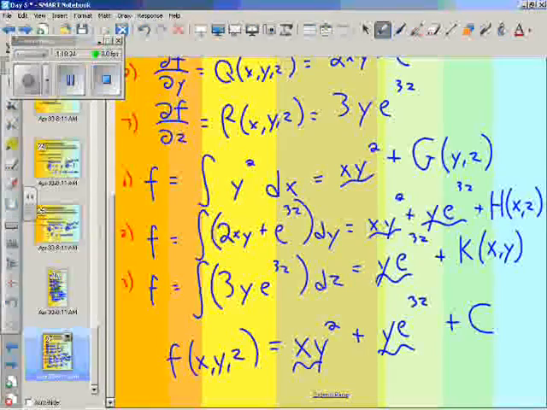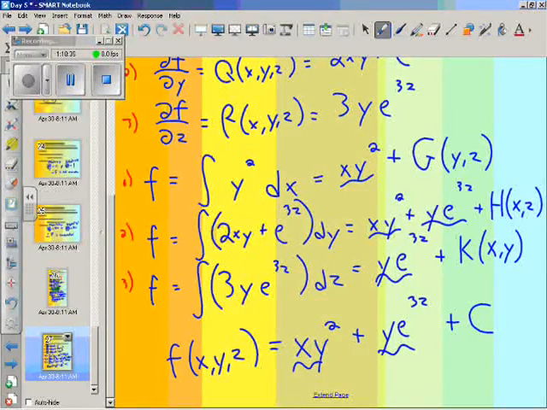Okay, so that's it for the fundamental theorem. I just want to very briefly take a look at some physical implications, just because this is kind of